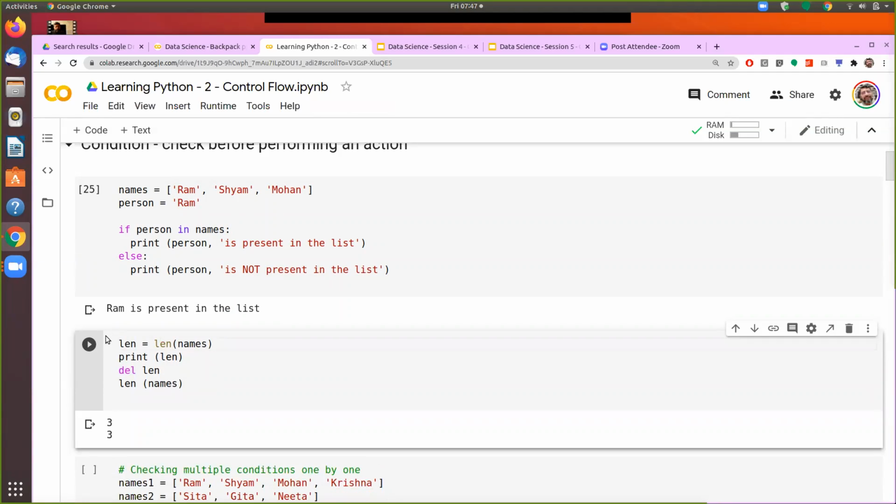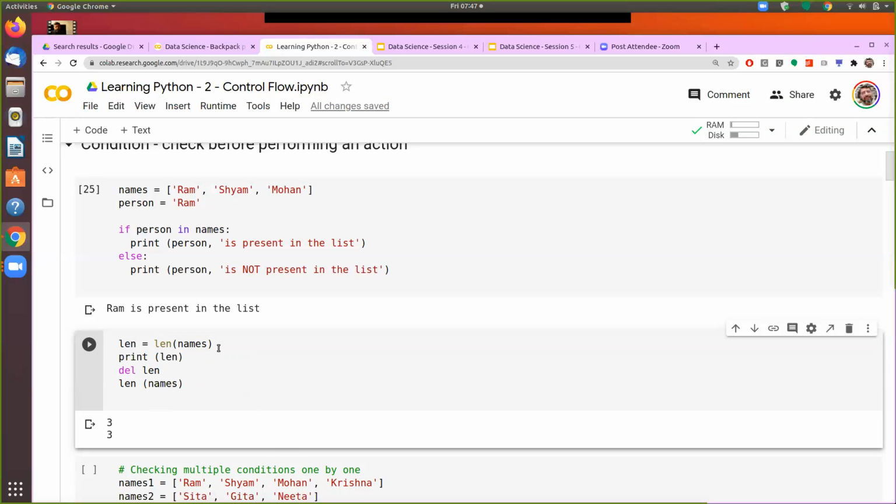Whether you run this cell or any other cell, whatever variable names are used remain in the memory. Since I had run this cell earlier, len is still in the memory, and that's why I was giving that as the first line. Let's try it out. Now that I had deleted it here, you are saying that it's not causing a problem when it is trying to run the first line.